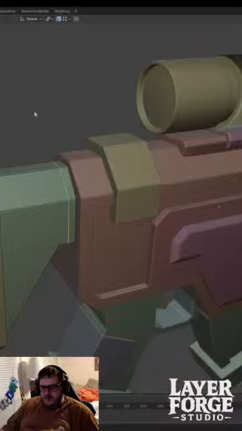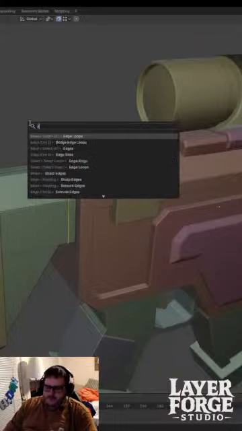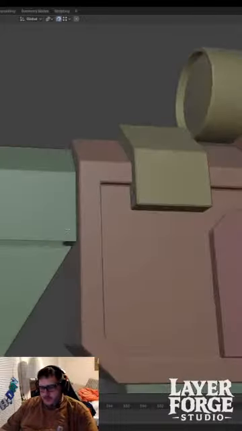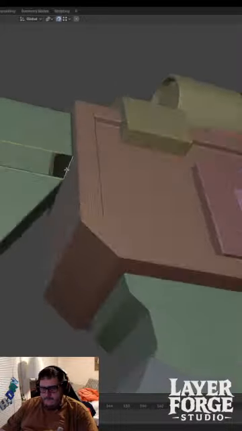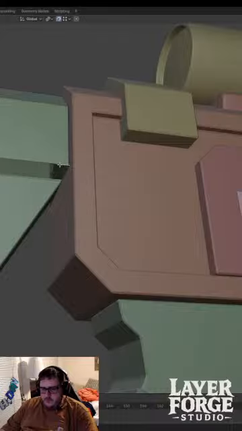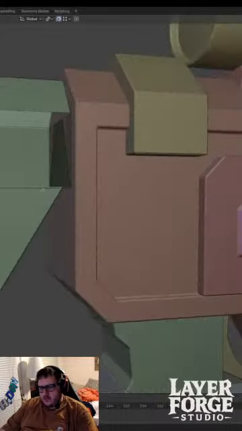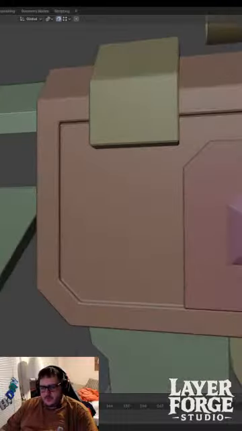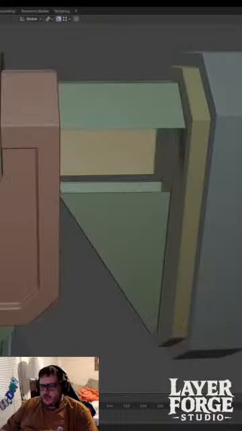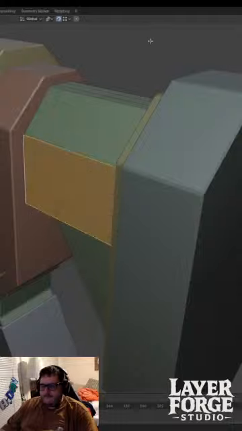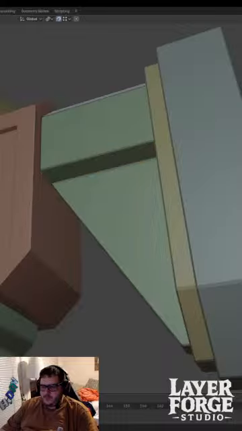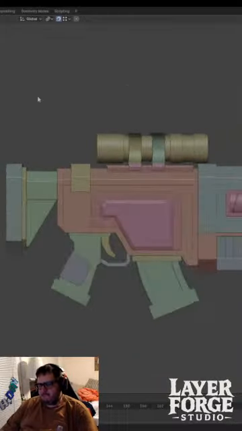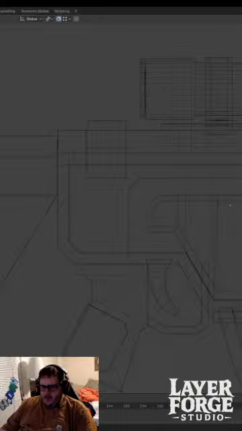That's weird. I don't even see delete edge loop on here. Interesting. Got some dirty geometry we gotta clean up a little bit here. Alright,